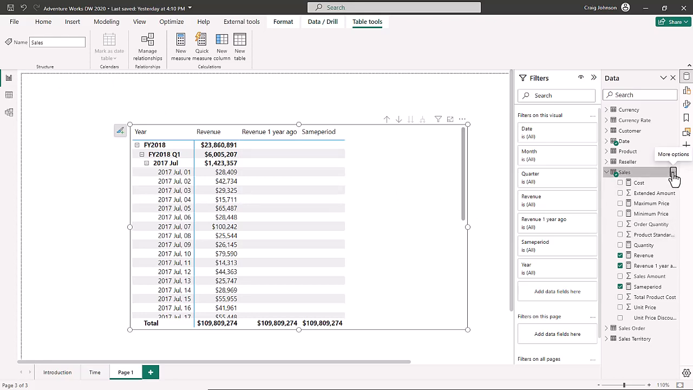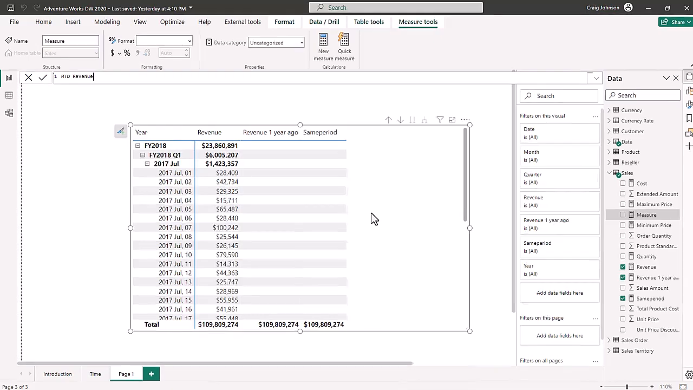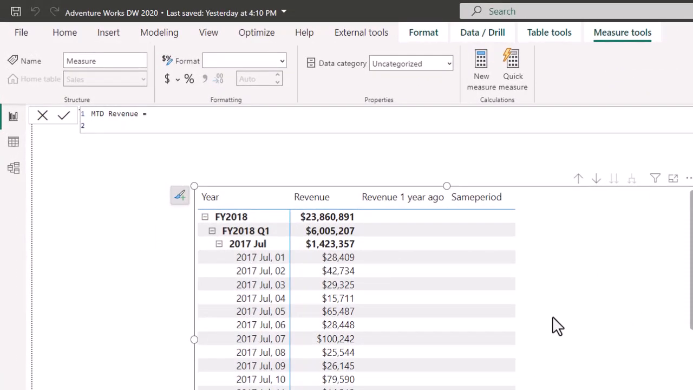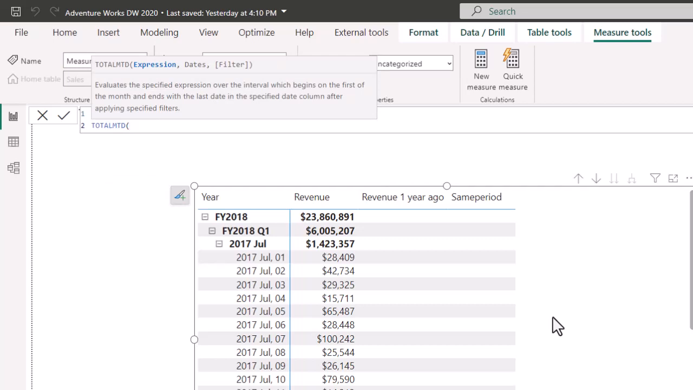date, we're going to create a new measure. And the new measure is going to be month-to-date revenue. And it's going to be calculated as total month-to-date, which evaluates the specified expression over the interval, which begins on the first of the month, ends with the last date in the specified date column. So total month-to-date,